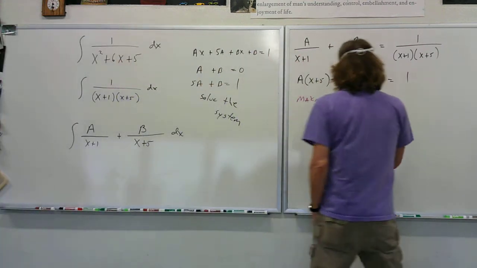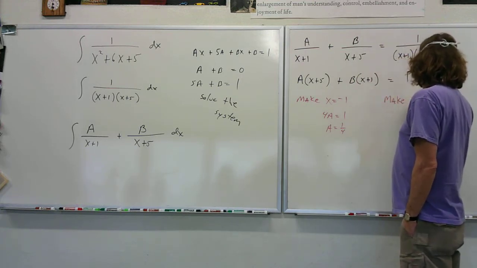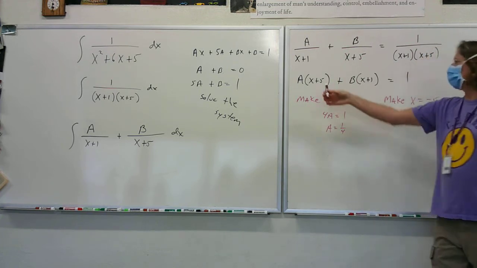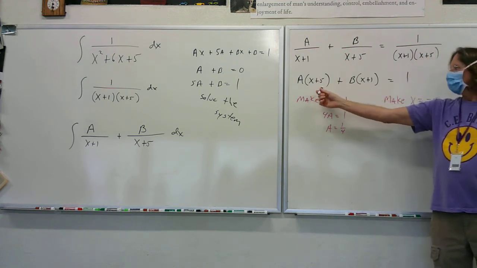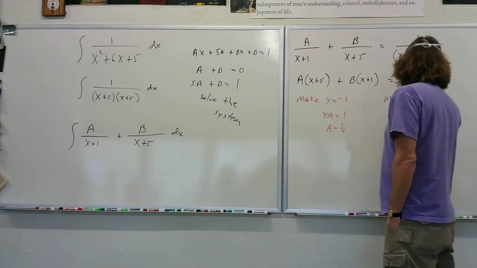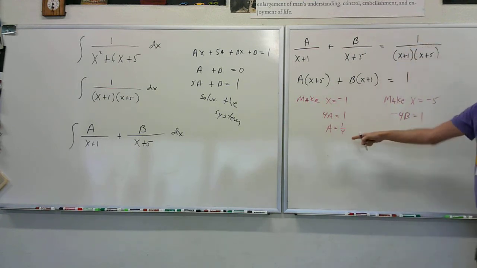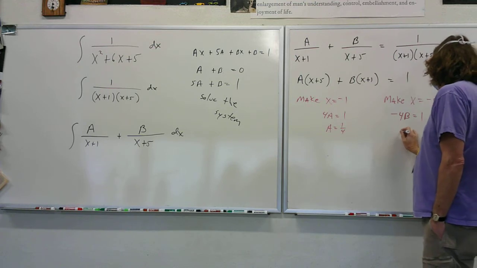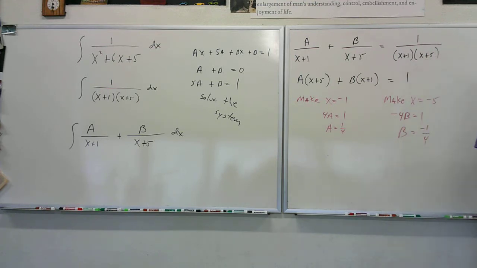Then I'm going to do it again, but this time I'm going to make x equal what? -5. Because if I make x equal -5, what's going to happen to that? Yeah, that's going to make that 0, and I'll get -4b equals 1. Okay, Mr. Evans made a chunk problem. It does not always work out to where it's just a positive negative like that. This is just because I made it up, and it's not a very difficult one. But there's what b equals. That little trick,